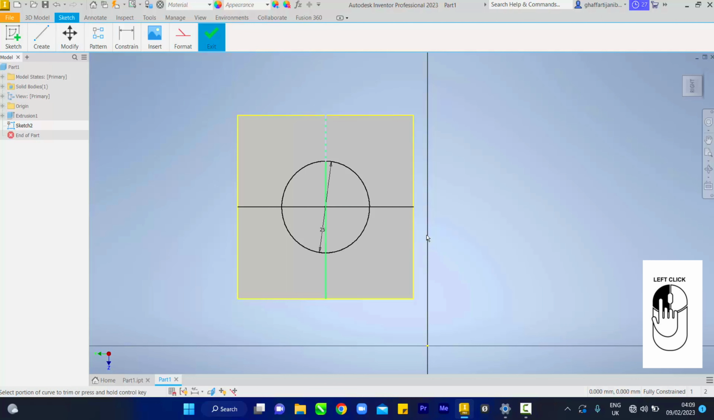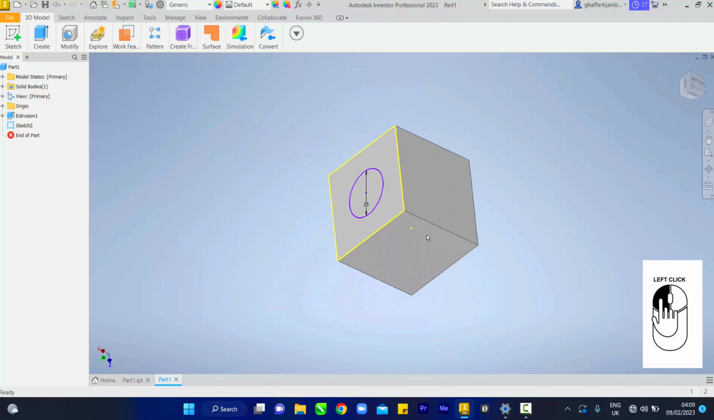So you touch each line you want to erase. Erase line 1, erase line 2, erase line 3, erase line 4. You want to see that green light. Erase. So you can see the guideline we used in getting our circle, the center of our circle, is gone. So remember, you do this, finish, then you come again to create, extrude,